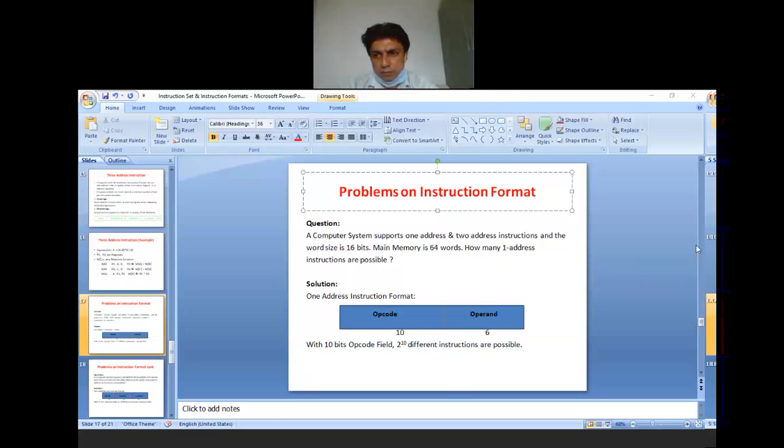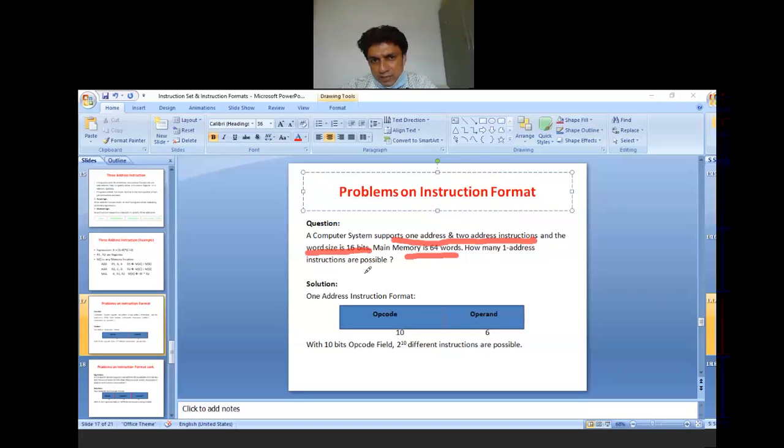Suppose we have been given a question like: a computer system supports one address and two address instructions, and the word size is 16 bits and main memory size is 64 words.